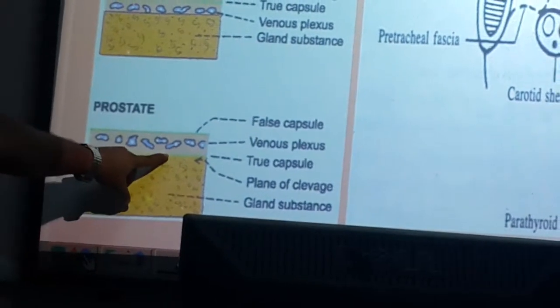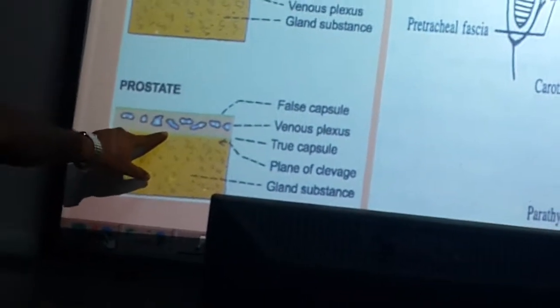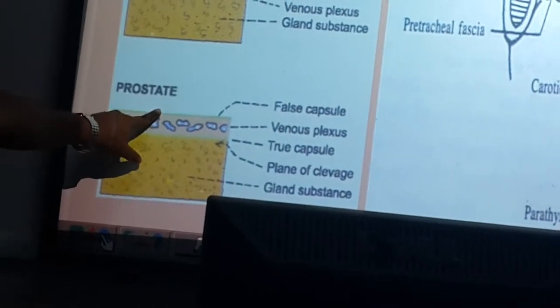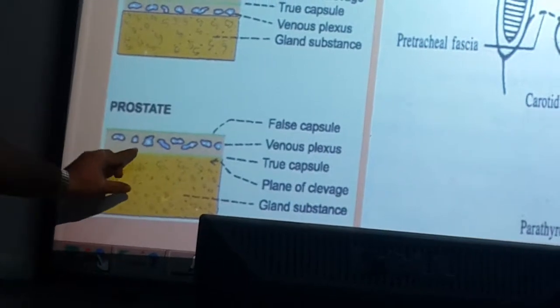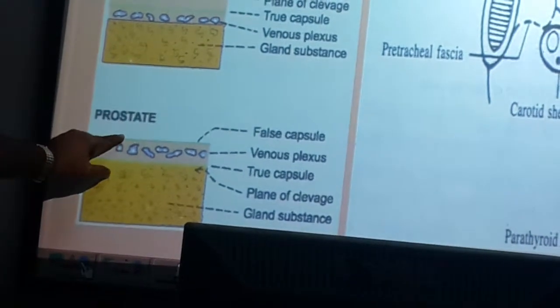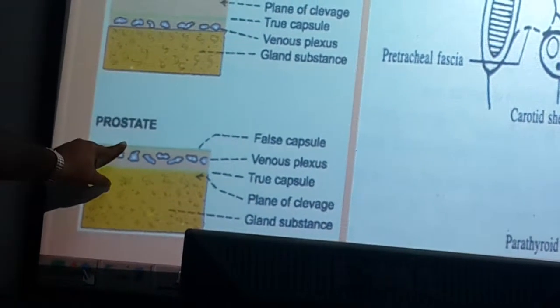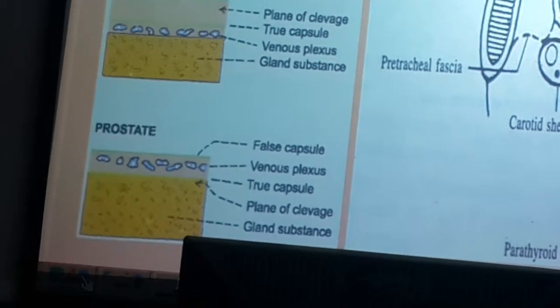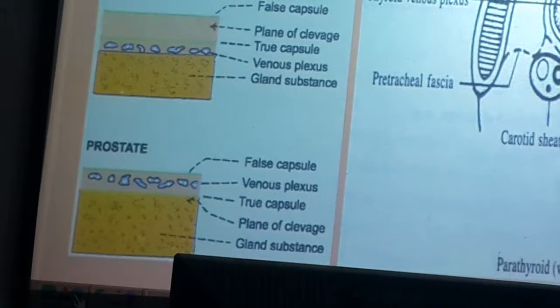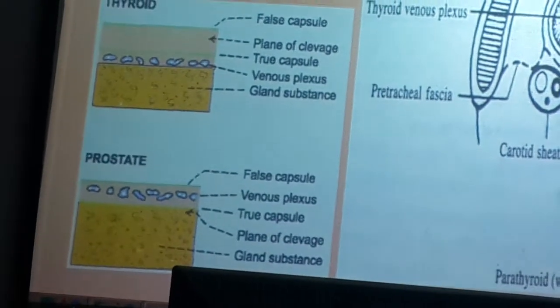Here is the glandular tissue, true capsule, and false capsule. The venous plexus in the prostate is present in between the true capsule and the false capsule. So along with the false capsule and true capsule, the whole gland has to be removed during prostatectomy.